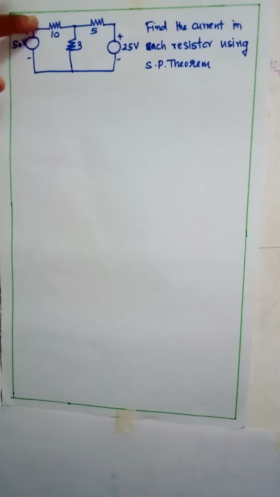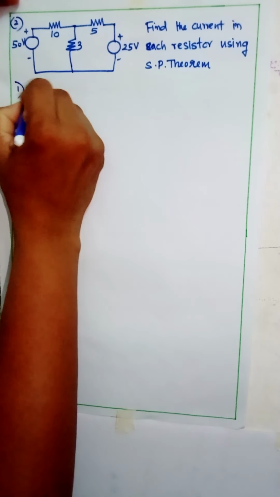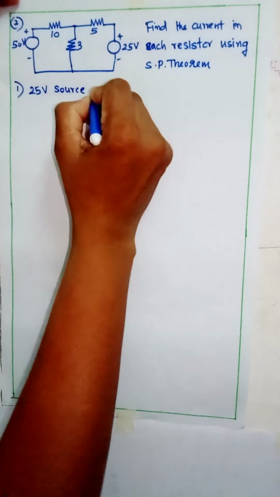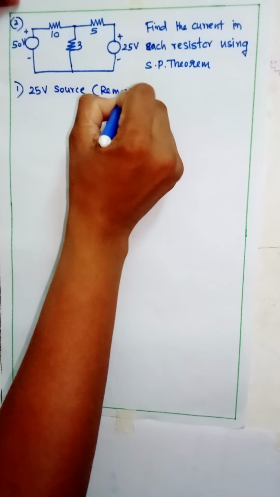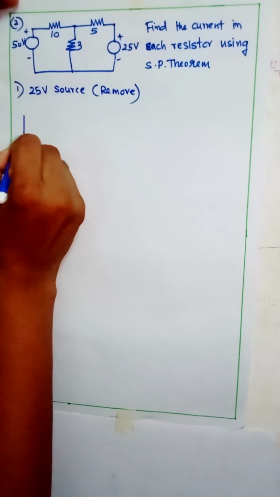Then remove 50 volt source, then find the current through 10 ohm resistor, 3 ohm resistor and 5 ohm resistor. So first step, we are removing 25 volt source. Remove 25 volt source. So the circuit will be